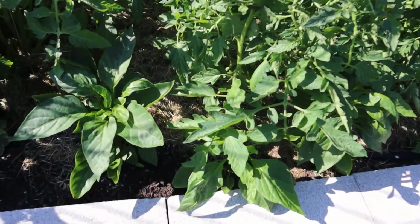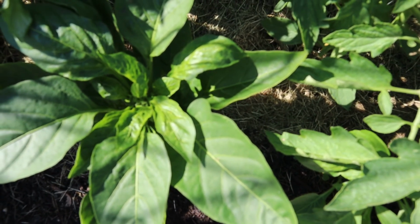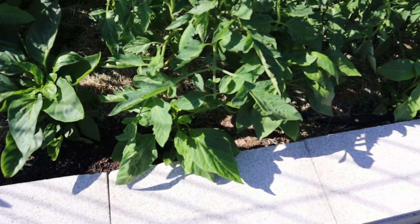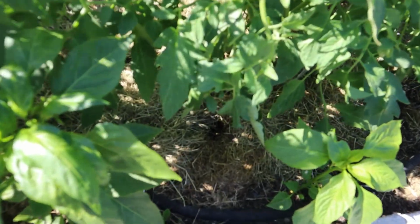Bell peppers in the front here, looking great. I can see down in the middle there, if I can catch that, it's getting a bloom in there. California Wonder these are. I know peppers, oh there's one under here too. I know, oh yeah, it's got some